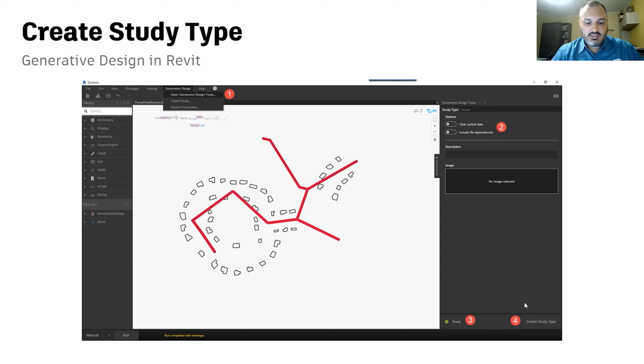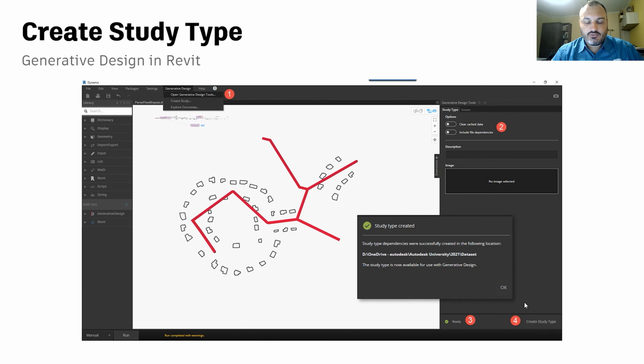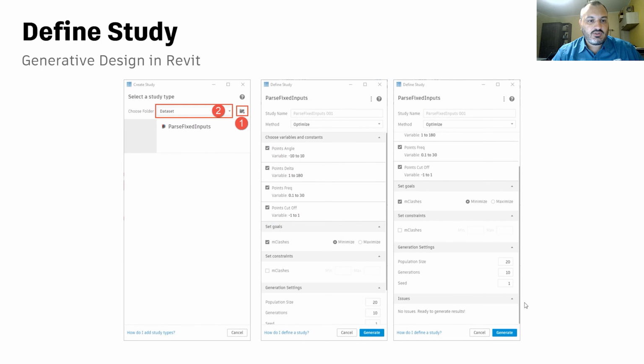It's because the generative design algorithm is running on a separate set of processes that do not leverage any dedicated hosted nodes in Dynamo, such as for Revit or Civil 3D. So once you have created the generative design study type and everything is successful, you should receive a message that looks like this.